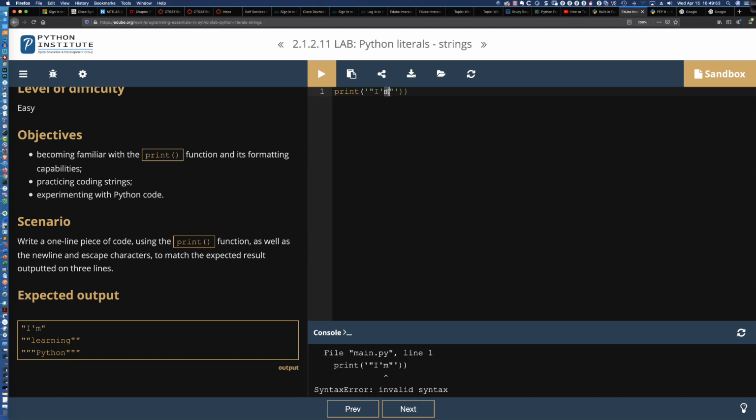So the M and everything that follows it is just there, but it's invalid syntax. This is where we need to use our escape character. Now when I run this,